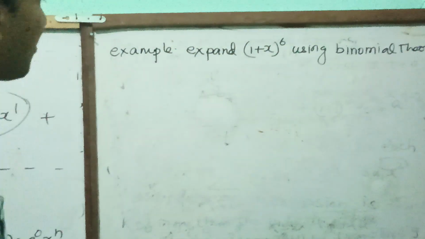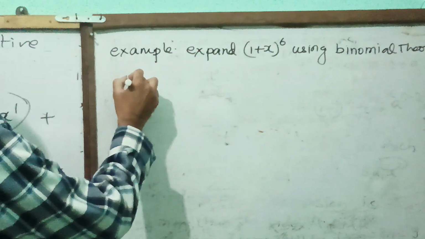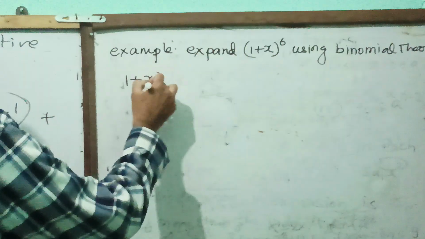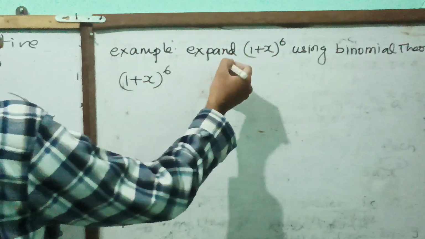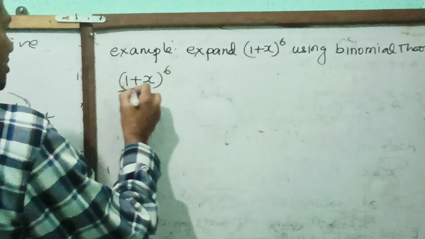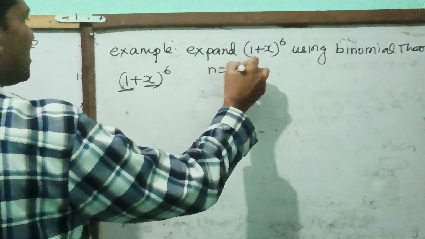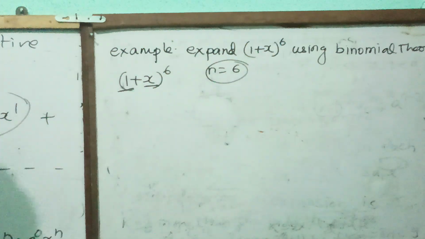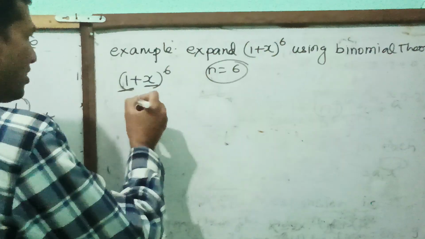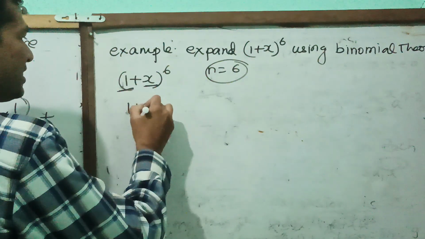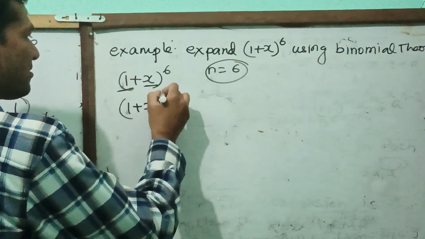So this is 1 plus x to the power 6. What are we getting over here? The first term is 1, the second term is x, and n is equal to 6. So simply we can do this expansion. (1 plus x) to the power 6 means: